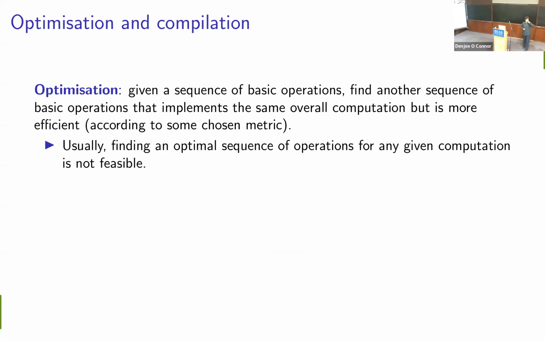So another couple of things that are interesting from a computer science perspective, and will become very important when we think of quantum computers, is the topic of optimization. Suppose someone gives you a program that they've written. Well, maybe there's a more efficient program that performs exactly the same task. In the area of optimization, we're trying to find these more efficient programs that do the same thing as the program that we started with.